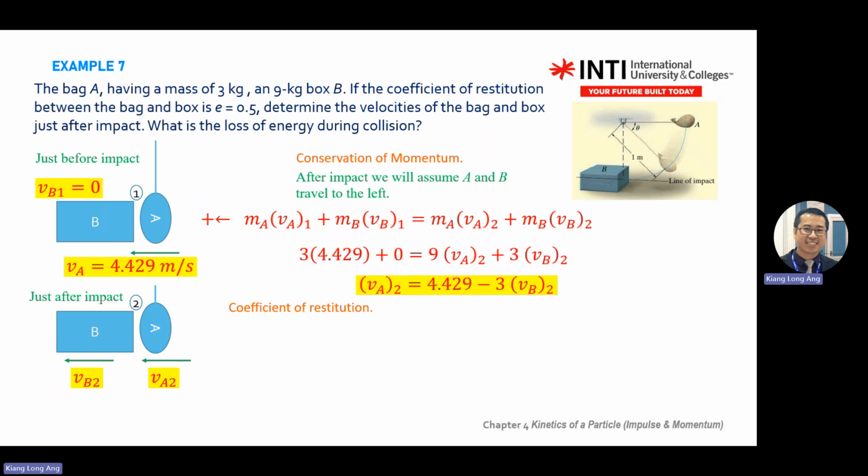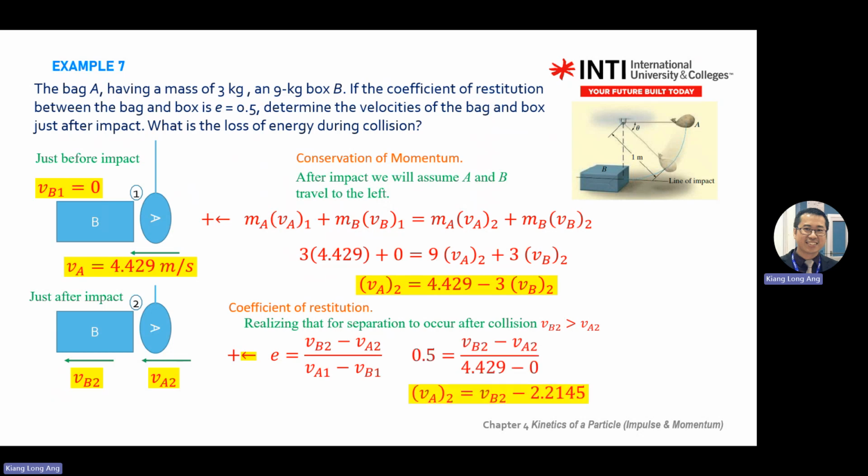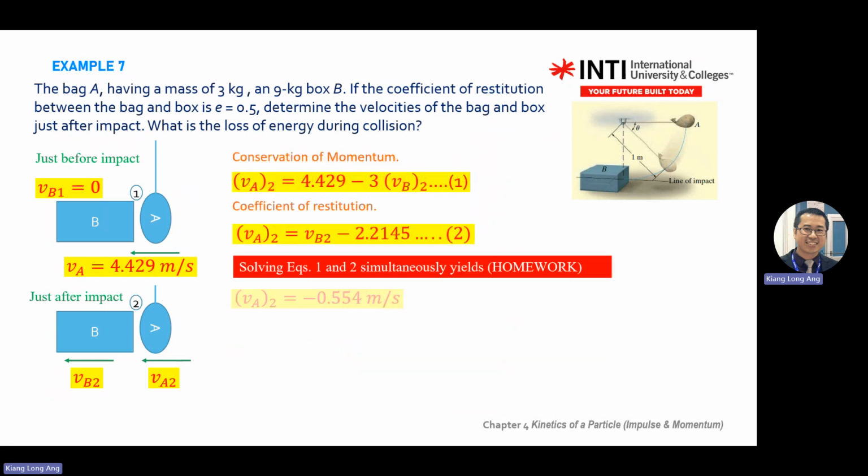So you have another equation, solve the simultaneous equations. You're able to find VA and VB. Make sense? Try to understand the way we solve it. Solve and you find your VA and VB. Once you have the velocity, you can find